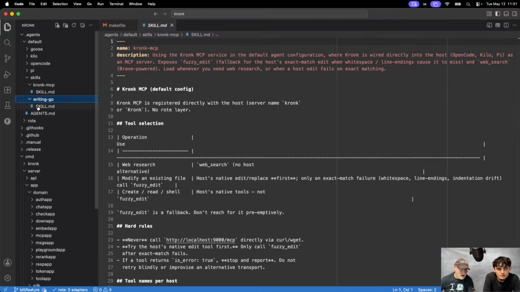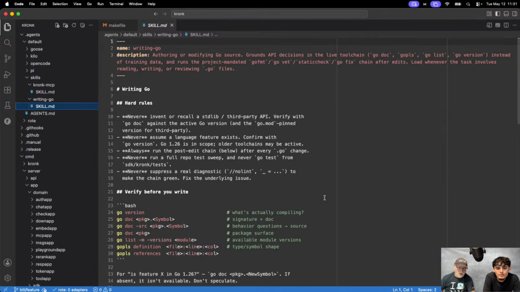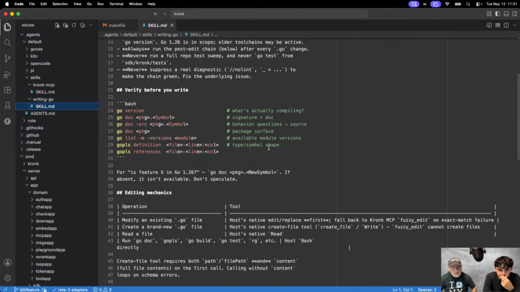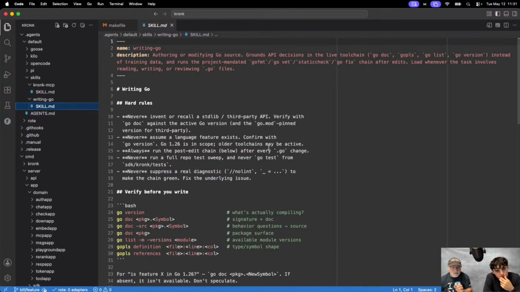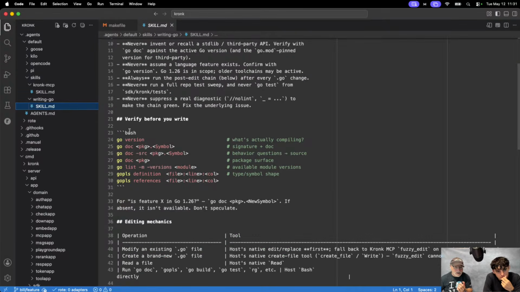I've been playing with this, and for sure, OpenCode or the model isn't necessarily using this by default all the time. So now, when I'm going to ask the model to write some Go code, I tell it to load the writing Go skill. You'll see me do that in a little bit. Here's a skill around Go code, and again, I've trimmed it down, but Go has a whole bunch of great tooling and docs for the standard library.